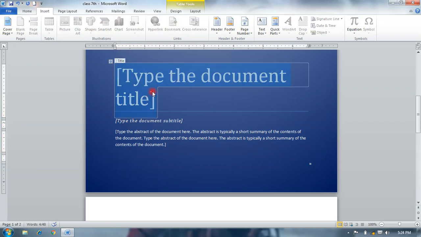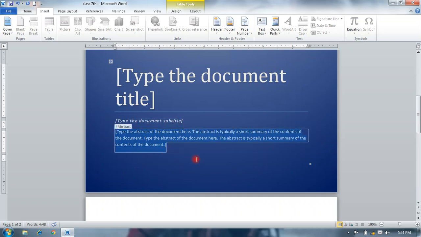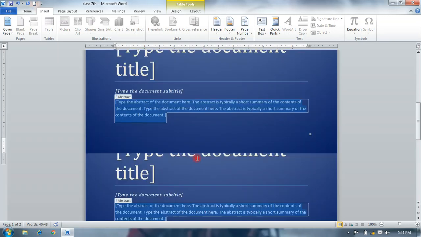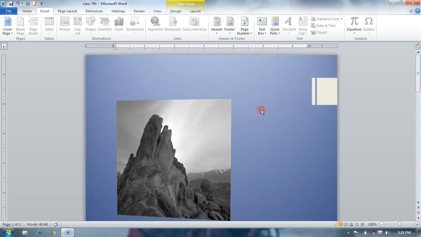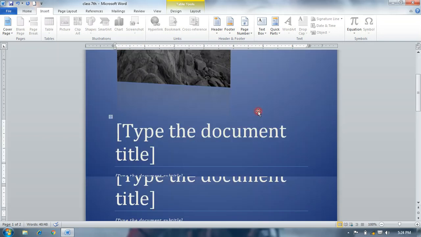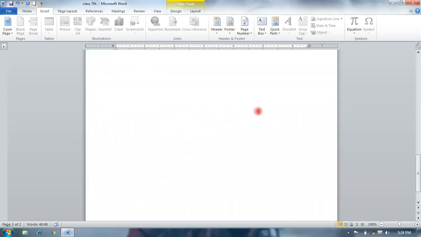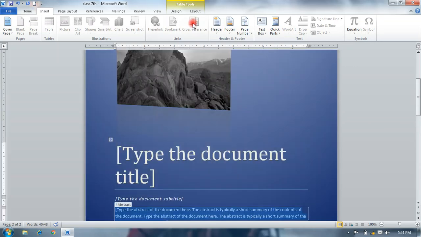Here you can type the document title, document subtitle, any text here. And this is used when you are doing some project file, to define your project work.